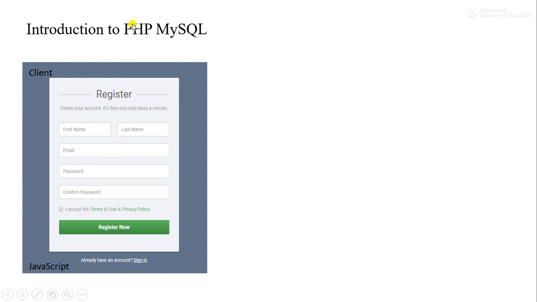The programming language that runs on a client machine is known as JavaScript. All the programming that we need to do in website development on the client side is usually performed using JavaScript, and this form can be designed using HTML, CSS and JavaScript.